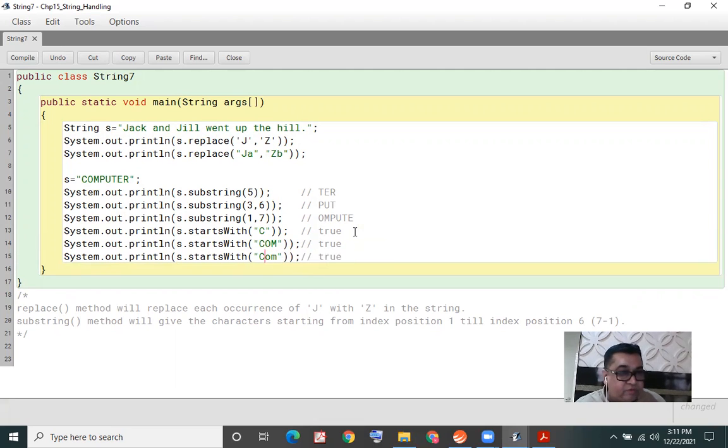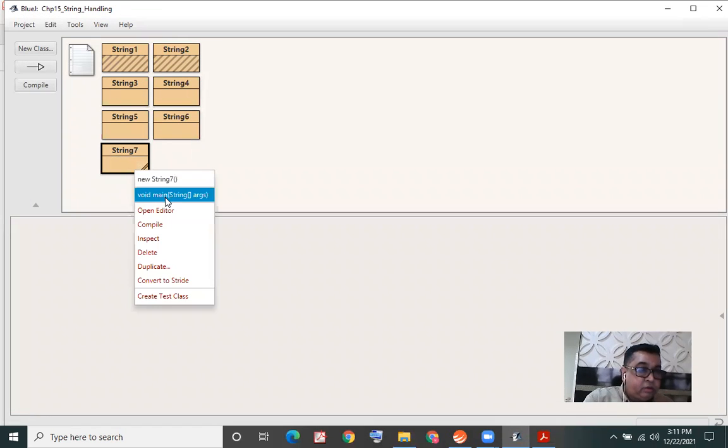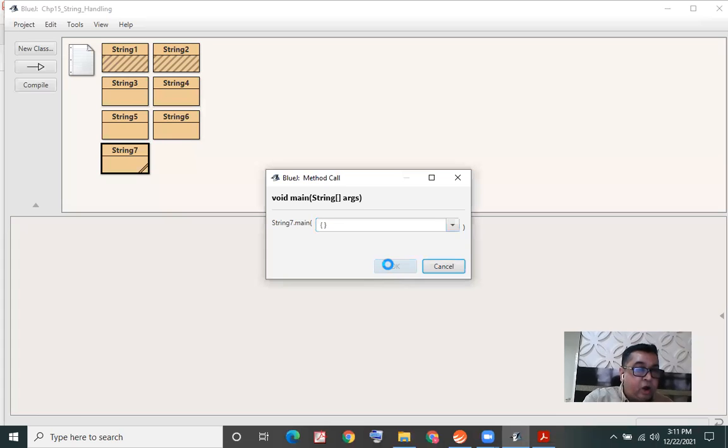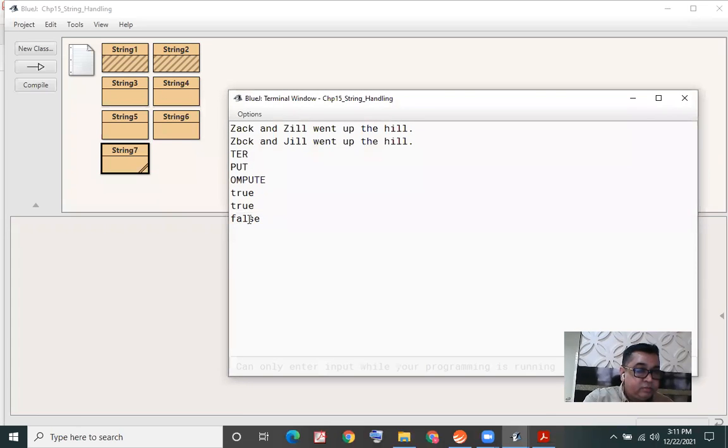So as you see, the difference is I've given the letter C in capital and O and M in small. This time we'll get the output false. For the last statement, we'll get the output as false. I hope you understood why we got the output false this time.